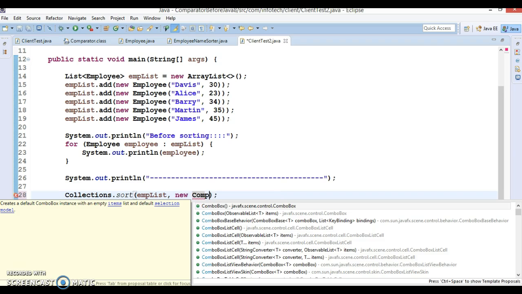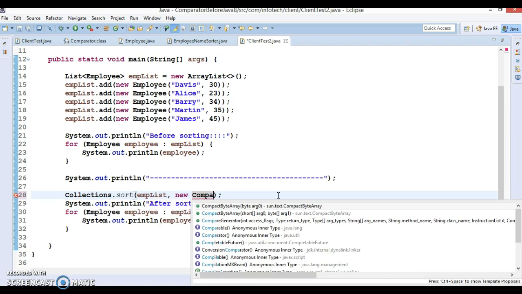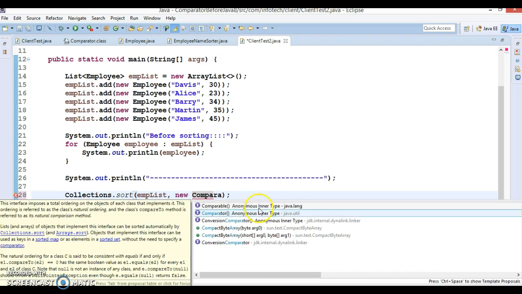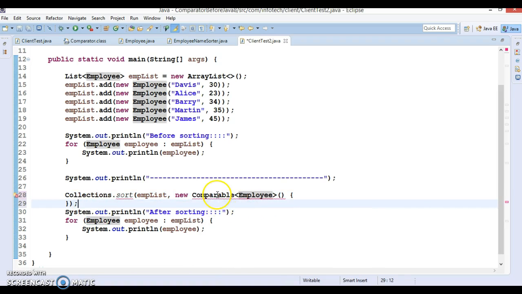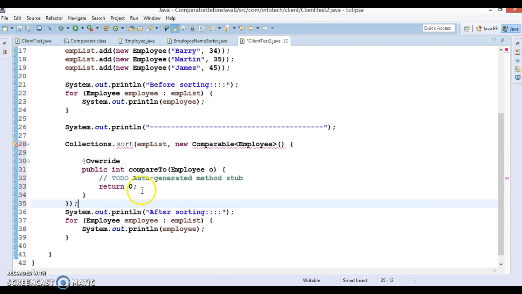So Comparator, you can write the anonymous class over here, and here you can pass Employee. This is the anonymous class. This is forcing you to override again